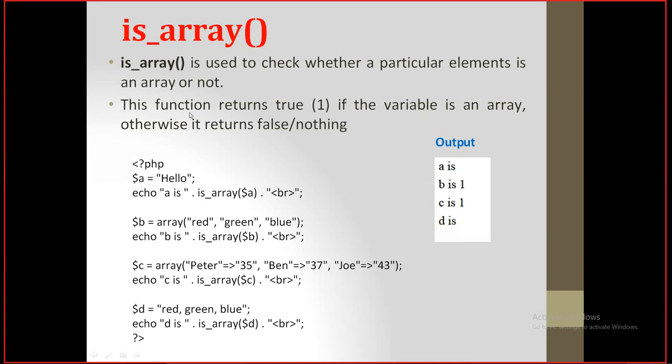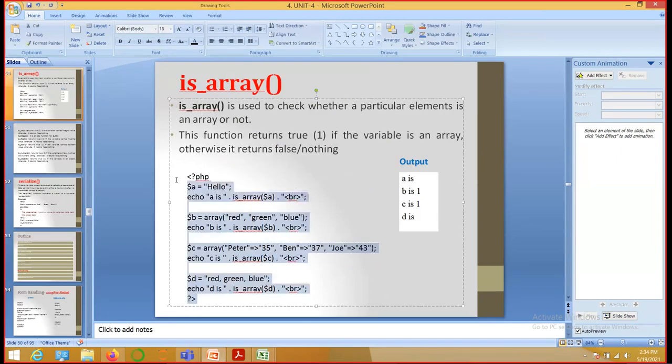So whenever the variable is an array, or it is a variable which stores an array, then in that case it will return true or a 1, and otherwise it is going to return us nothing. At times it returns false, but you should also know that at times it will return nothing as well, right? But make sure that the syntax is followed. That means whenever you are going to call the is_array function, you are going to provide the array as the argument, right? Over here we can see. So if we execute it,